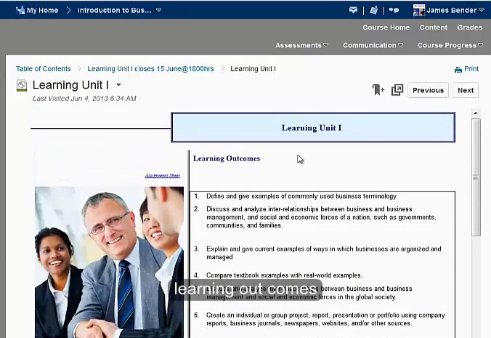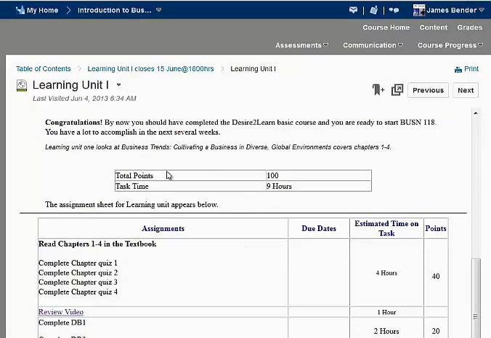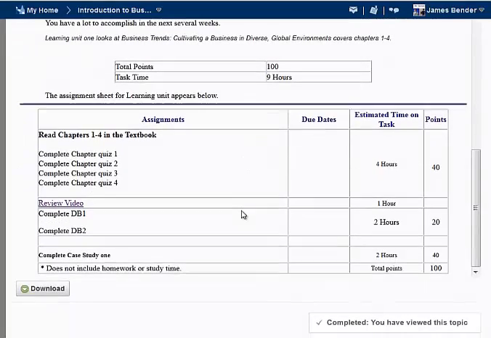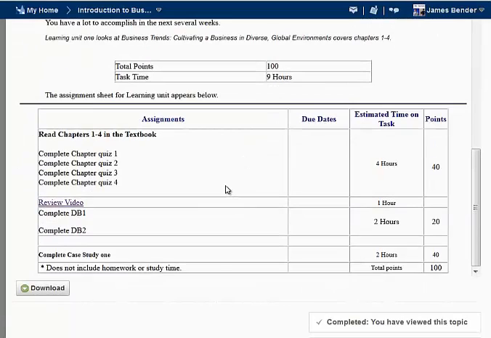Again, the way the learning unit module is set up is you have your learning outcomes, you have your points, and then time on task. This is approximate time. You know, different folks need different levels. So for learning unit 1, you're going to have 1, 2, 3, 4 quizzes. There's a couple discussion boards,